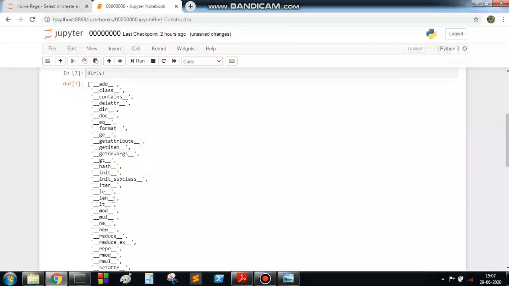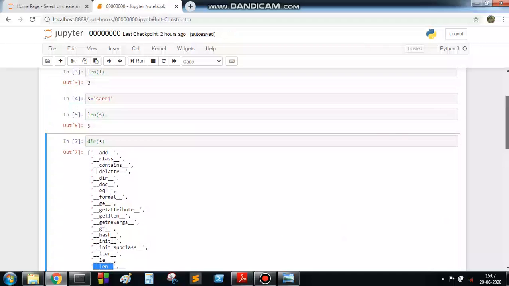That means whenever this method is available for any kind of data structure, then it is possible to find out the length of that data structure by simply using the function length.